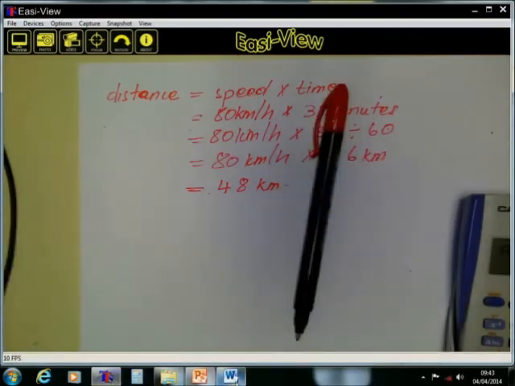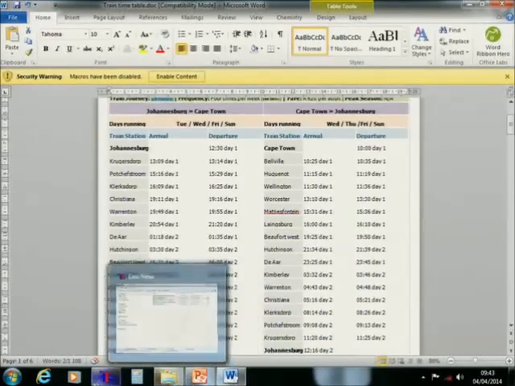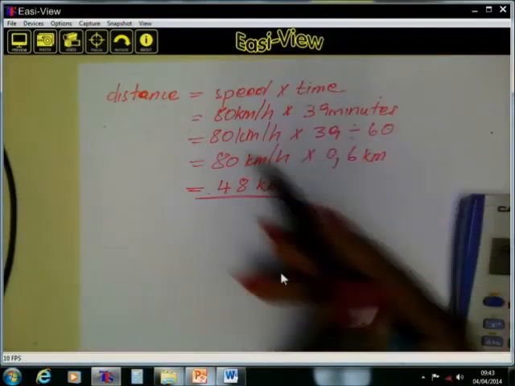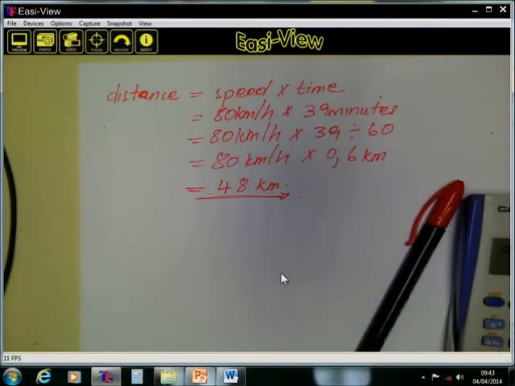Let us go back and verify exactly our times. From 12:30 to 1 o'clock is 30 minutes, and then when you add 9 minutes it becomes 39 minutes. That is correct. So in other words, the distance from Johannesburg to Krugersdorp is approximately 48 kilometers according to what we have on the schedule